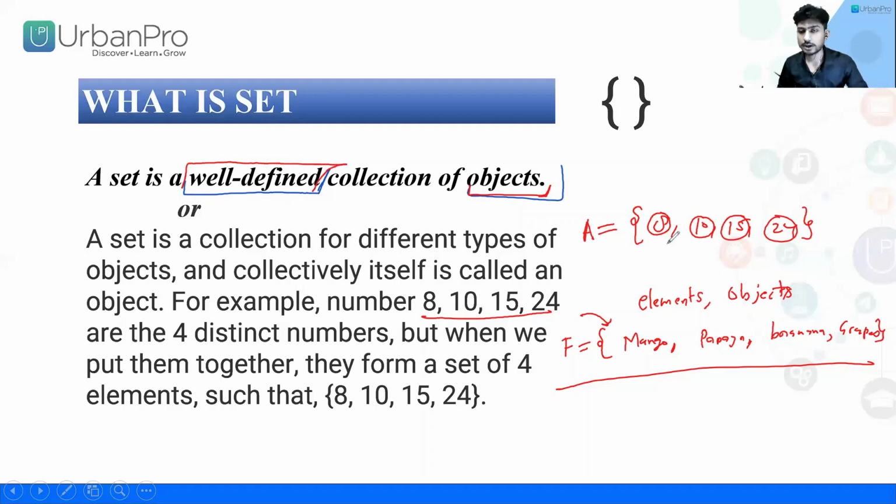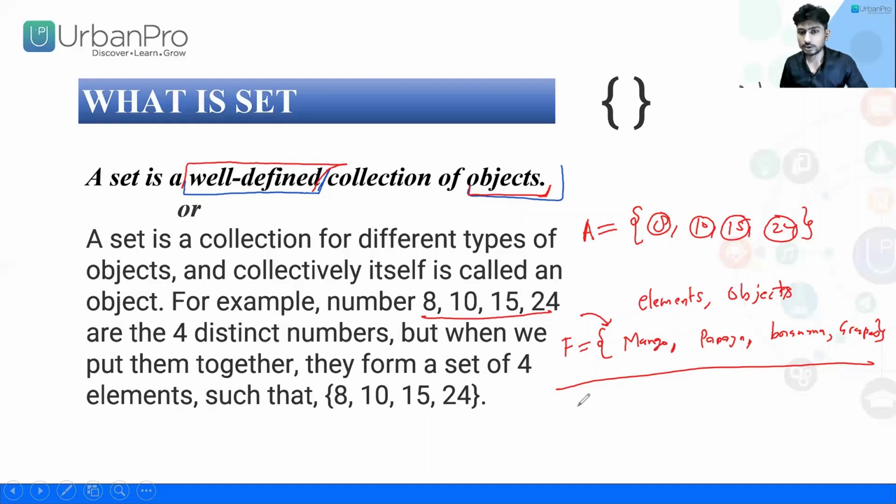Listen, each set has some criteria for defining its elements. Like in this set, we have already said that this is a set of fruits, so only fruits can come in this. And for an element to become a fruit, there is some criteria. Like it should be produced naturally, and it is tasty, sweet, or it can be eatable. Okay, we can eat it.